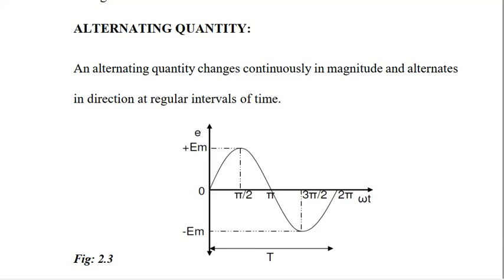And in between, you know how the sine value will vary. Afterwards, when it reaches 180 degrees, it comes back to 0, and when it comes to 3 pi by 2, 270 degrees, at that time it is in the reverse direction. Reverse means negative, so you get the value minus 1. Minus 1 multiplied with your EM, so I get minus EM, and I plot it here. So this is how you have to plot the waveform.